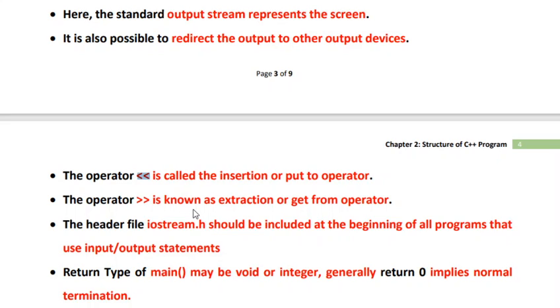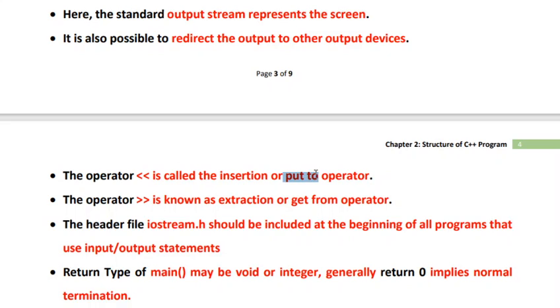In C, this particular operator is called the left shift operator, where the shift operator is used to shift a sequence of bits towards the left hand side by a set number of positions. But in C++, this particular operator is overloaded to perform another operation, that is insertion. So here it performs the operation of insertion, or it's also called the put to